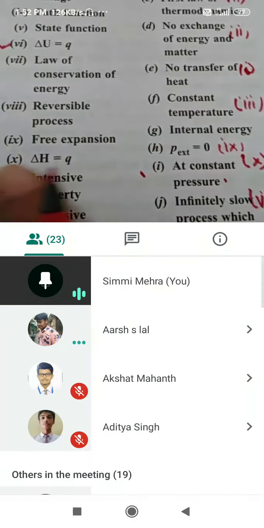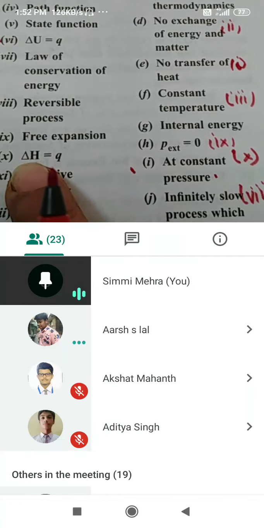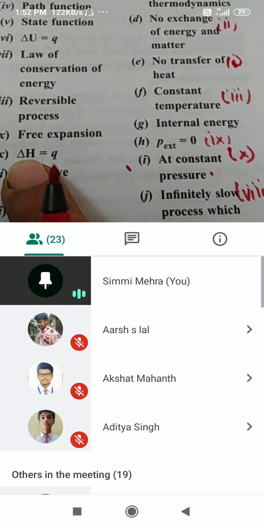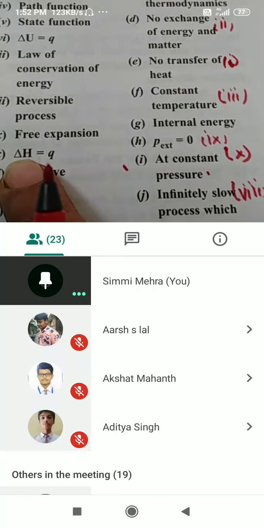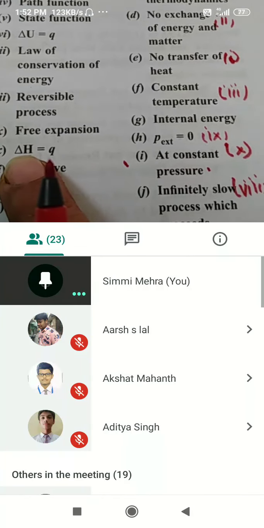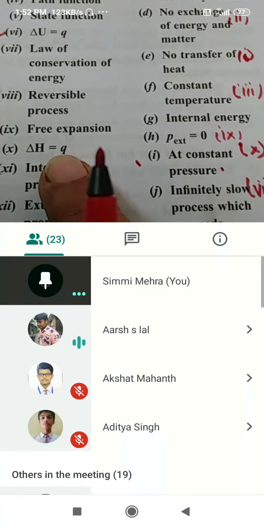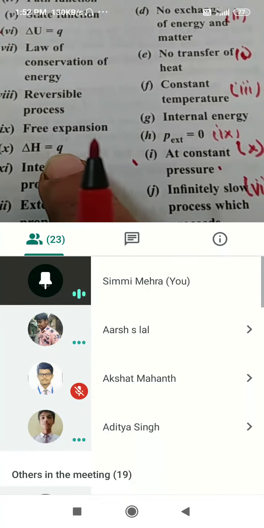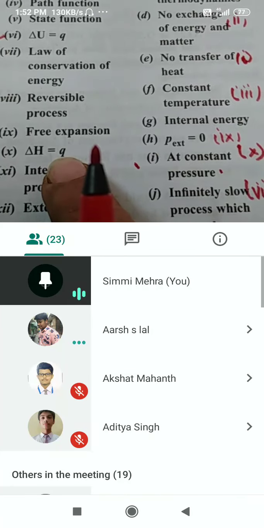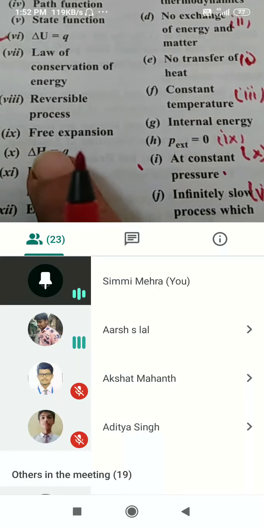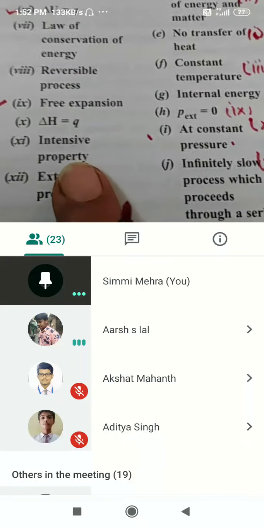See, I had told you how do we measure delta H and delta U. Delta U is equal to QV. You check your notes I had given. Delta U is equal to QV, delta H is equal to QP. That is when you supply heat to the system at constant pressure. That was calorimeter, bomb calorimeter. This is the concept of bomb calorimeter.